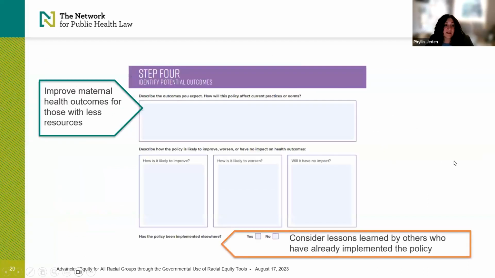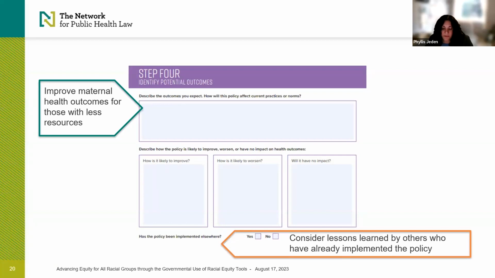Step 4 focuses on the potential outcomes from the policy being considered and how it may impact the status quo. There may be an obvious desired effect for a policy to improve health outcomes, but the space also allows for opportunities to consider how it could potentially worsen or have no impact on the status quo. For our doula spa example, the desired outcome is, of course, to improve maternal health outcomes for those with less